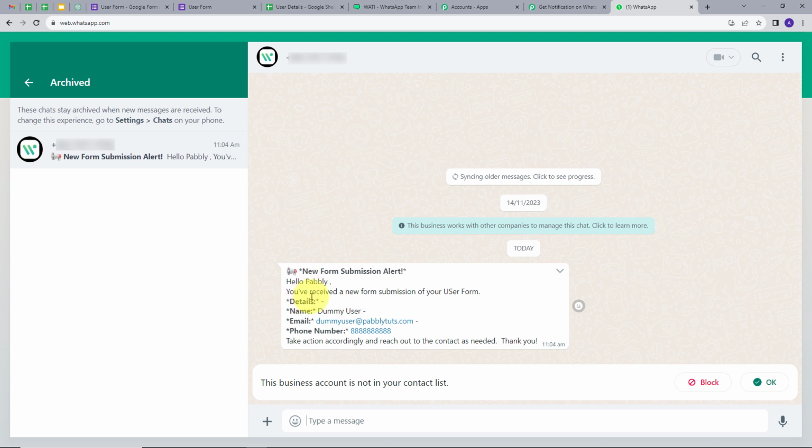Hello Pabbly, we have received a new form submission of your user form and these are the details. So the name is dummy user, email is dummyuser@pabblyhq.com. This is the random phone number. Take action accordingly and reach out to the contact as needed. Thank you. So this is the message that we had on our template on Vati